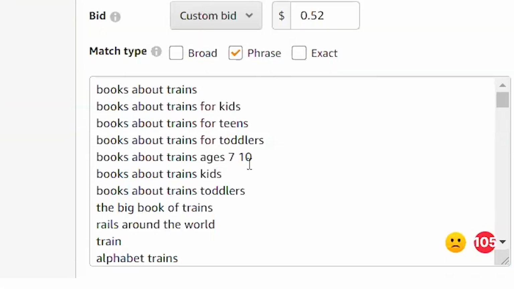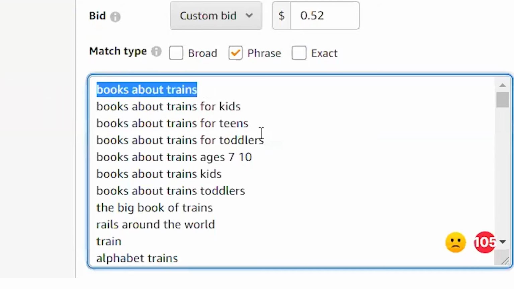So let's talk about the difference between phrase and exact. So let's look at "books about trains." If I say phrase, it's going to use the keyword or the phrase "books about trains" as long as those three words are in a search term. And if you have extra words besides my phrase, it will still serve up.